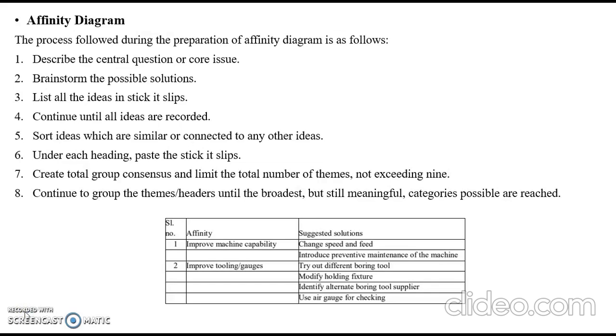Affinity diagram is a simple tool used during the improve phase for assimilating and understanding a large number of solutions. When working backward from detailed causes to broad solutions, there is a possibility that many solutions have an interrelationship, going in the same direction. When there is a large number of possible solutions for variation in performance, it is necessary to find that these solutions have interrelationship and are to be characterized with a few headings or themes.